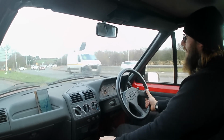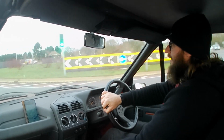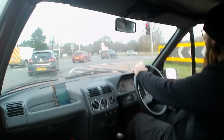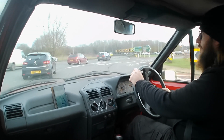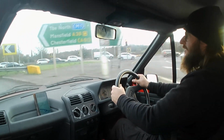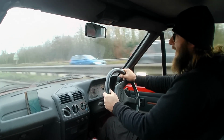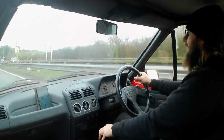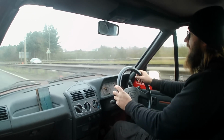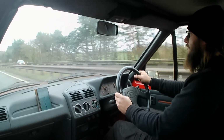No, I think I'd be very happy with just sticking with this, which is the 1.6. It's a very nippy little engine. I found that the 1.6 tends to have a bit more razzmatazz. I know that people are going to say, oh, but the 1.9's got more power and that. Yeah, but they're not as revvy. The engines are not as revvy, they run hotter, and just in general, just kind of...